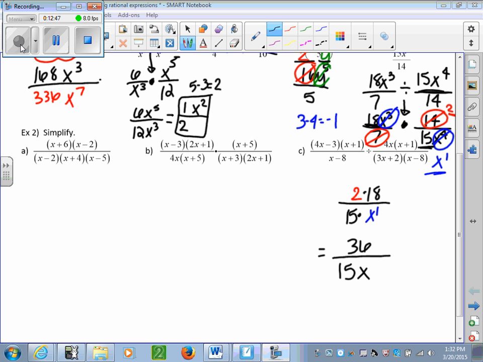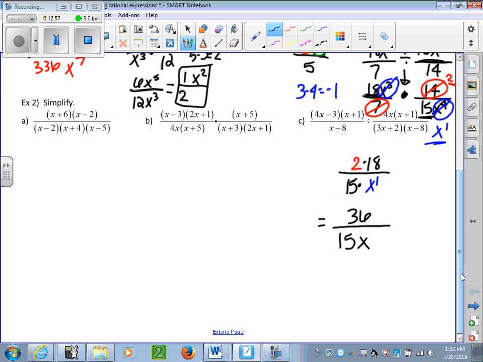Okay, so we get here, we're not quite done though, because 36 and 15 can be reduced. We can either do this in our calculator, or we can know how to reduce by mental math. I know that 36 and 15 are both divisible by 3. If they're both divisible by the same number, I can take that number out and it just kind of goes away. What happens is, if you want to think about it, if I divide 36 by 3, I end up with 3 times